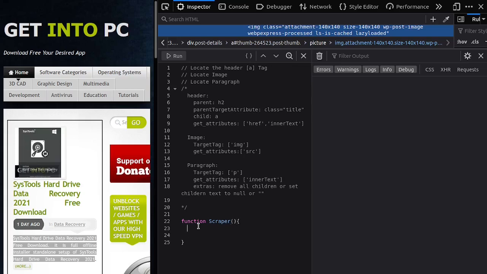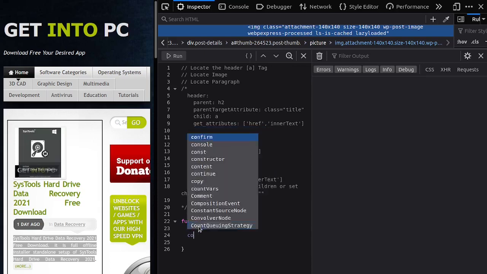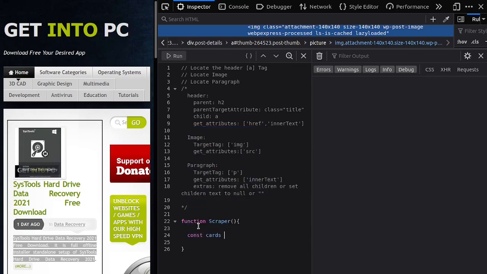So, scraper. First things first, I need to get all of these elements. I need all of these cards, and in total I have 6 cards. So I'll say const cards